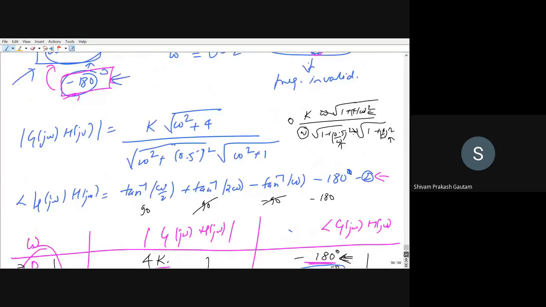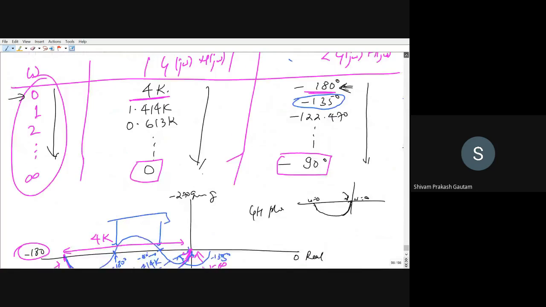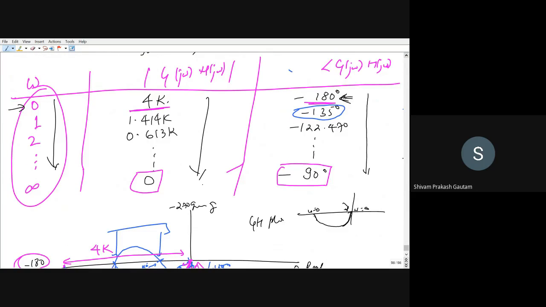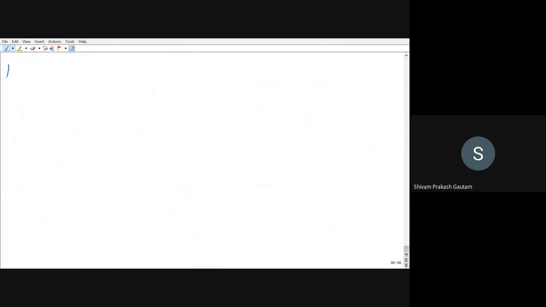Right? Now, because the table that we are drawing has infinite values, we cannot check at each and every point. So we have to have a certain intuition about where our plot will be heading. Right? So we will see one more example. From that it will be more clear.